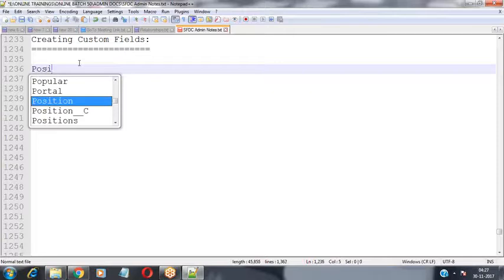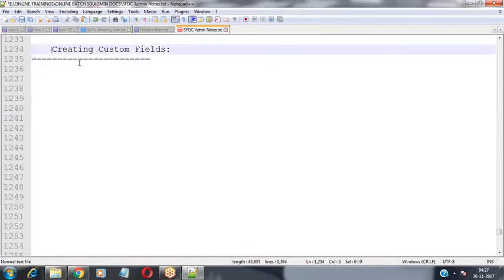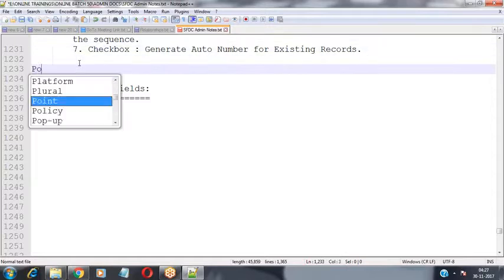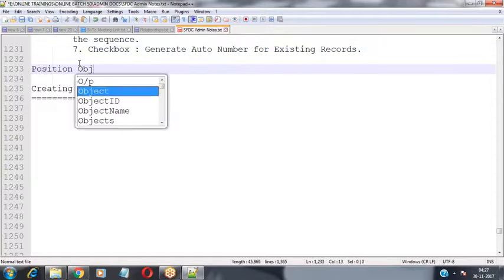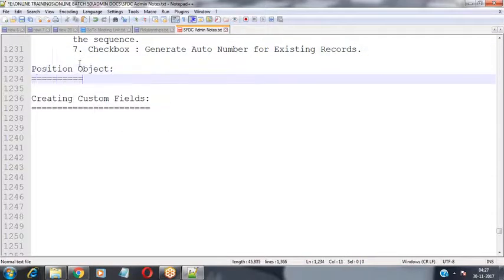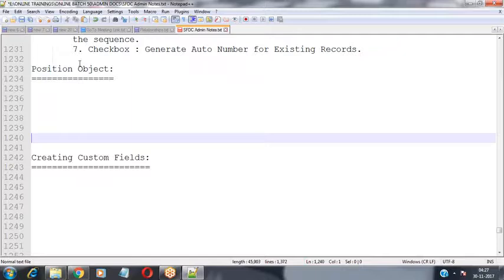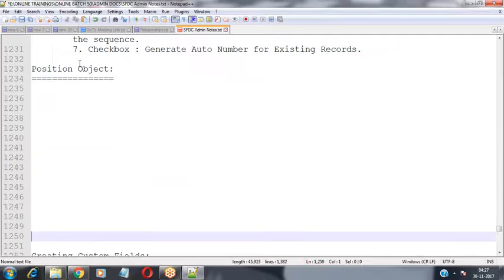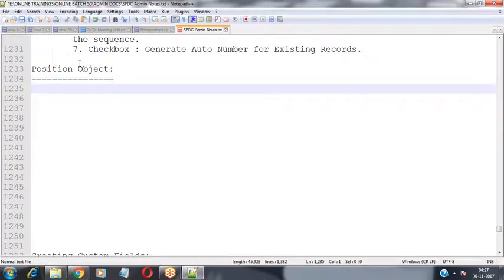So now here I have the position object. Inside this position object, I would like to add a few more fields. For example, assume that I am a project manager. I'm taking care of the responsibility of the deliverables of a project for a specific client.